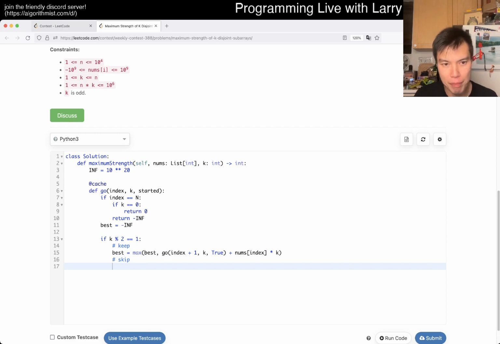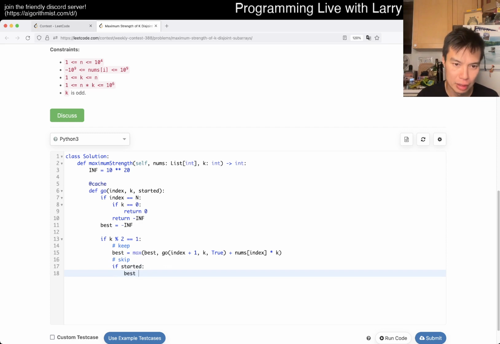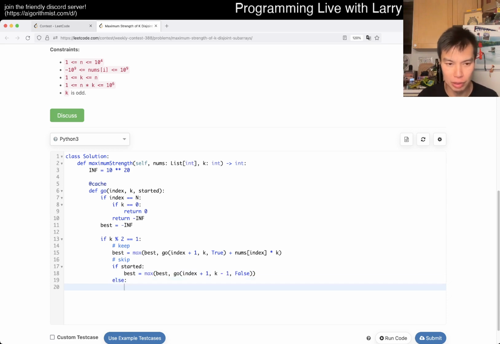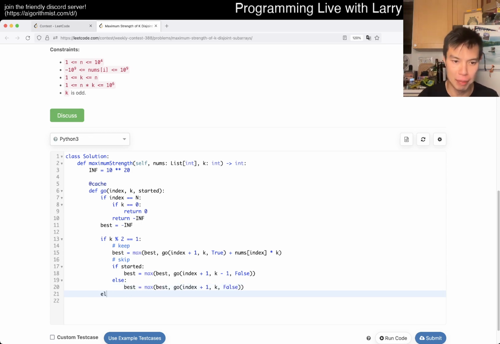Okay, so we skip. If it is started, then we do this thing, right? Oh, if it started, then we subtract 1 from here. Else, if we haven't started yet, we just keep going, right? Because if we started, then we have to finish. Okay, I mean, I think I'm happy with that. Otherwise,